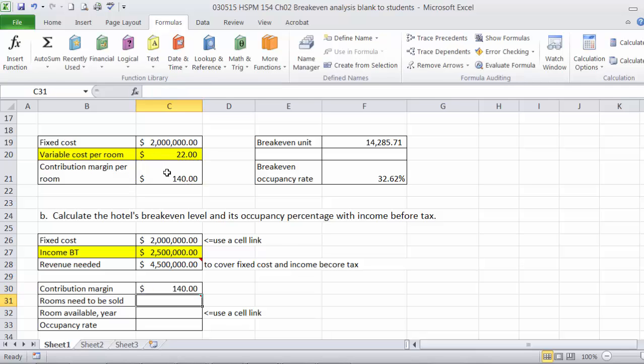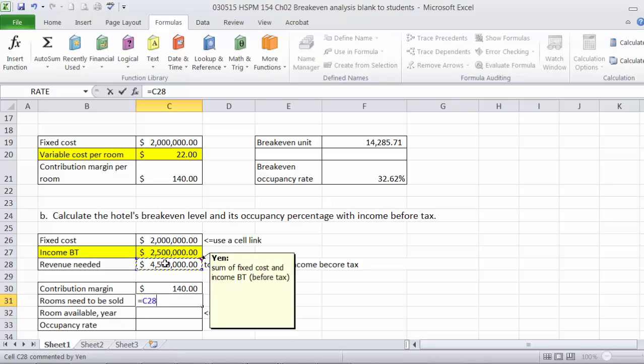So you use link. Which one? This one? So how many rooms we need to sell? Divided by the contribution margin. So we enter this, that would be C28, then divided by